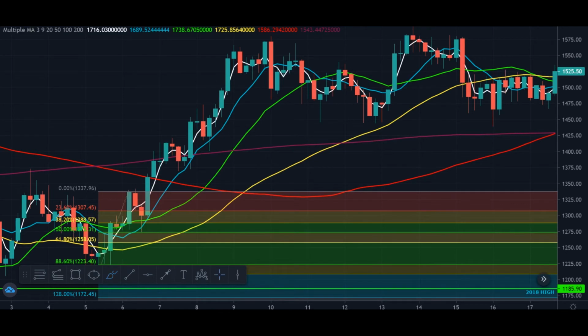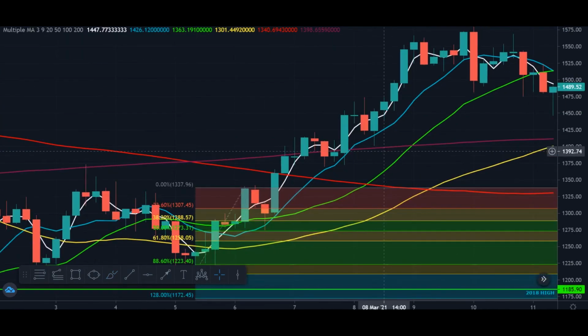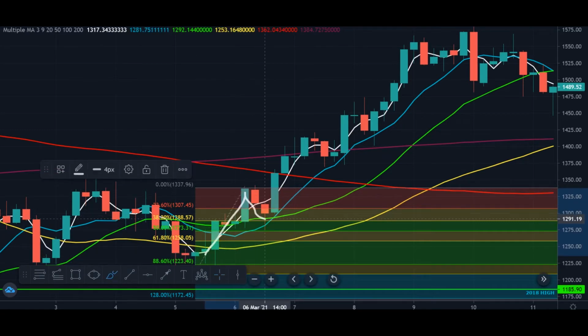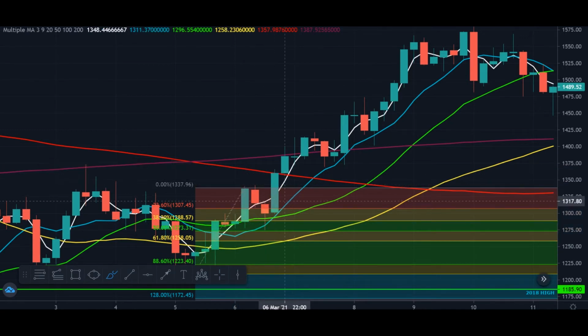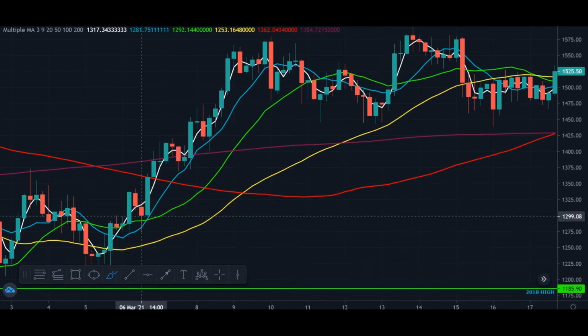So 50% and 61.80. If it goes below those two, it will be a reverse and it will go down. If not, most of the time it bounces from 50% and goes further with the uptrend.